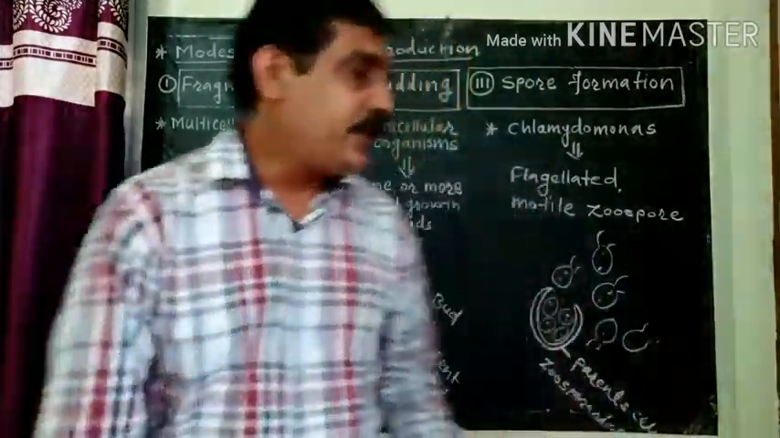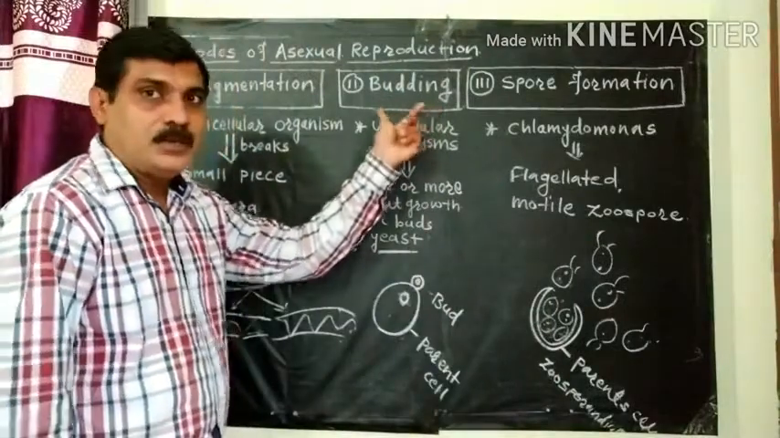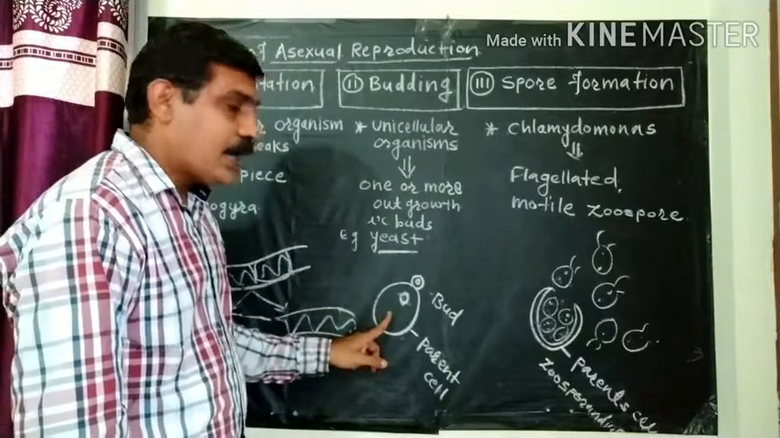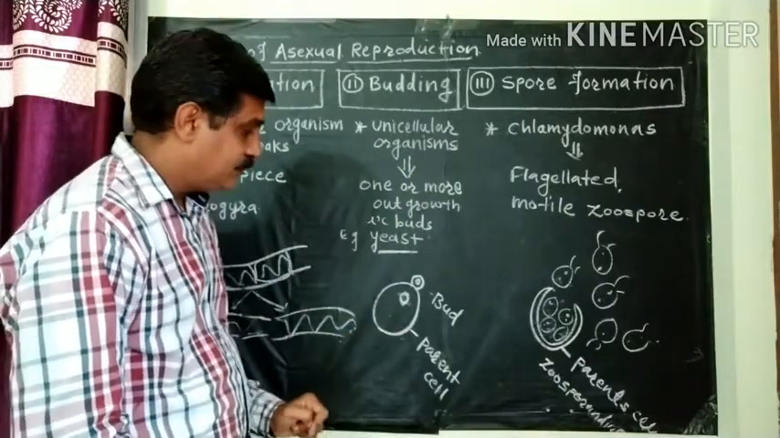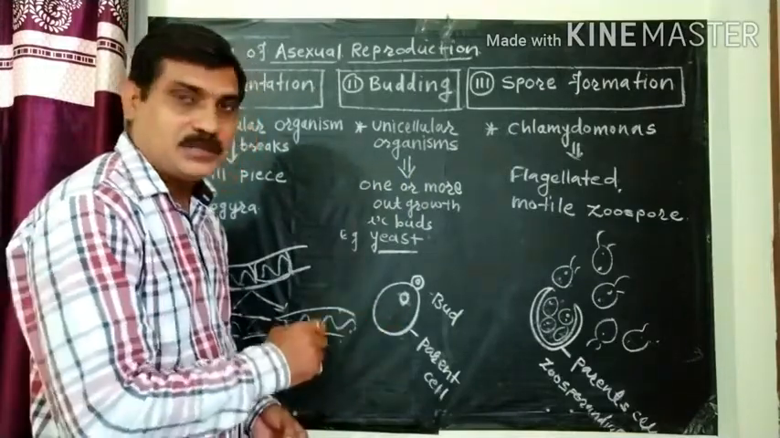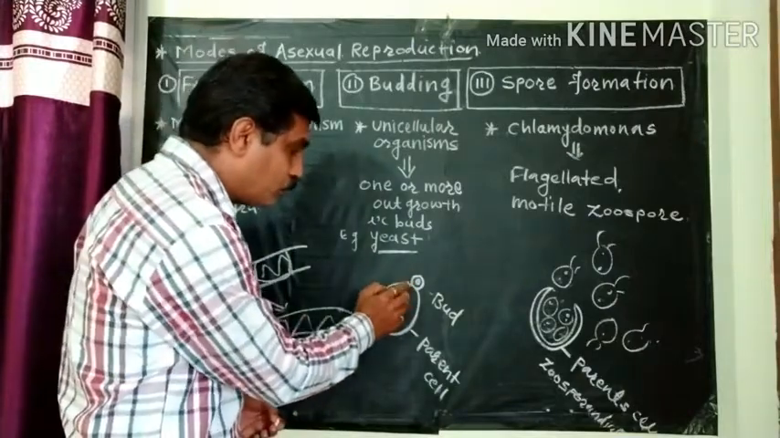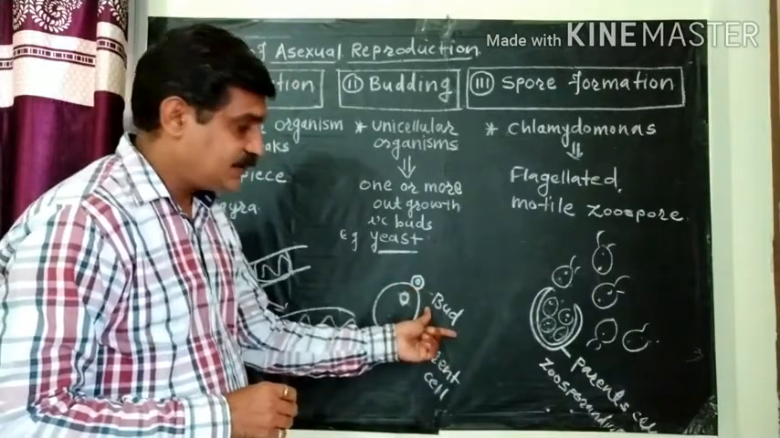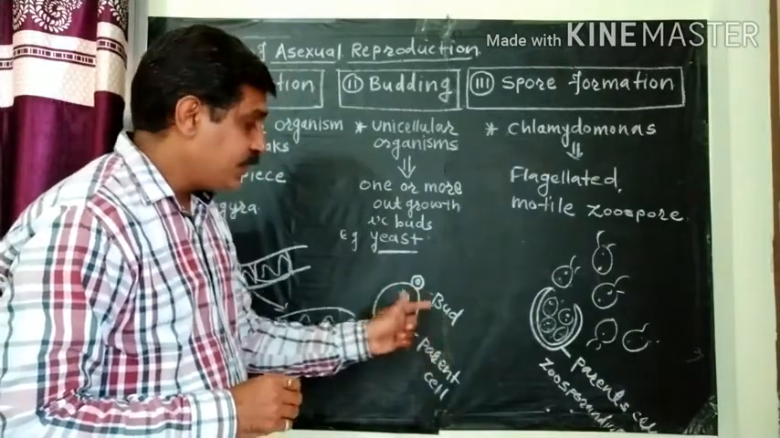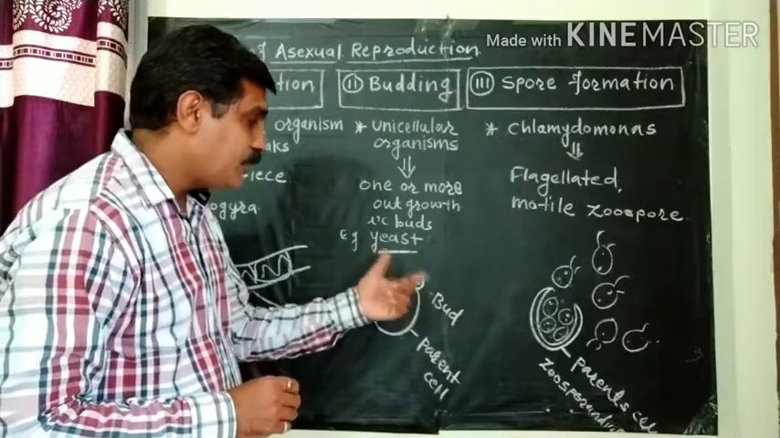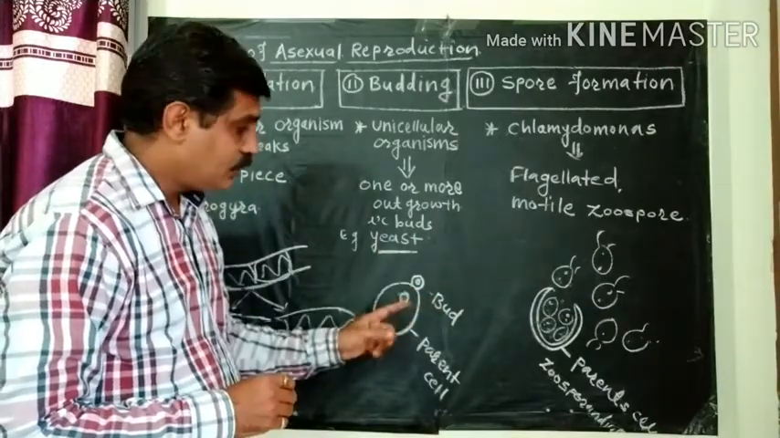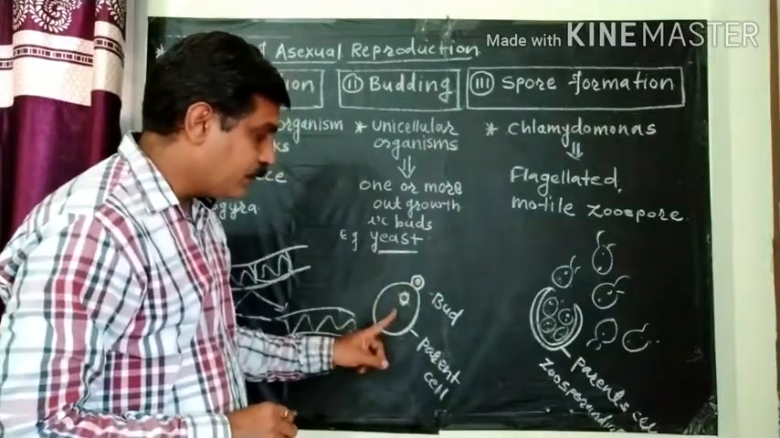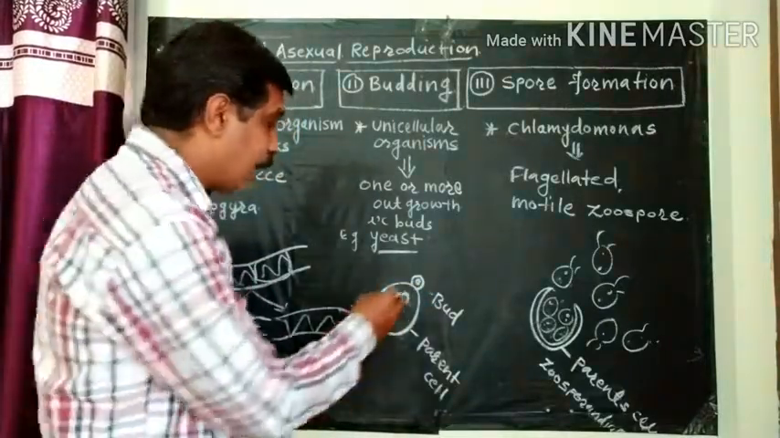Next one is budding. In budding, particularly in unicellular organisms, the cell undergoes unequal division. Due to the unequal division, a small outgrowth is found. This outgrowth is known as the bud. Now this bud develops and gradually becomes larger. For the development, this small bud picks up food material from the parent cell. After the development,